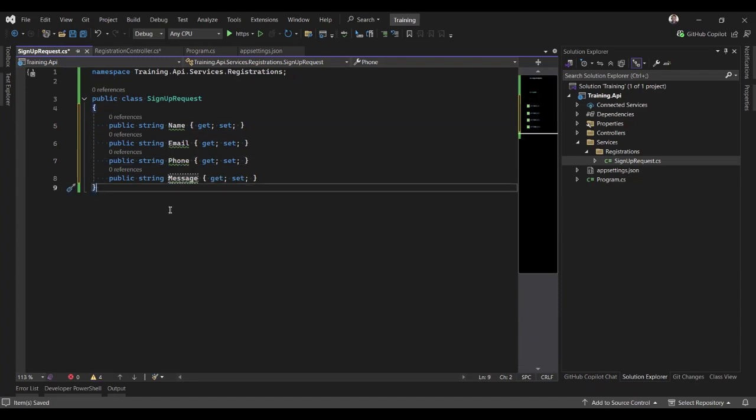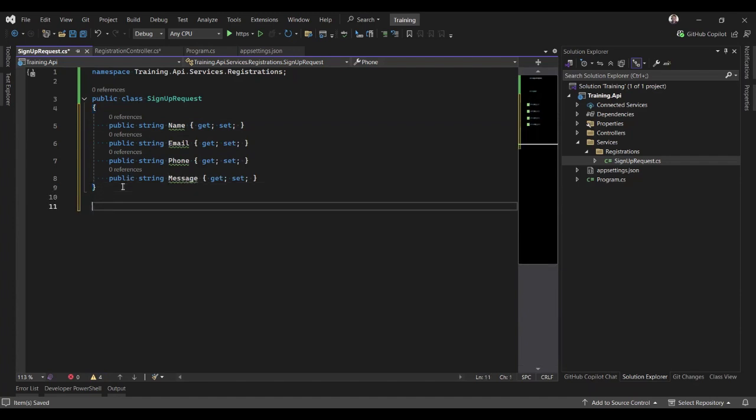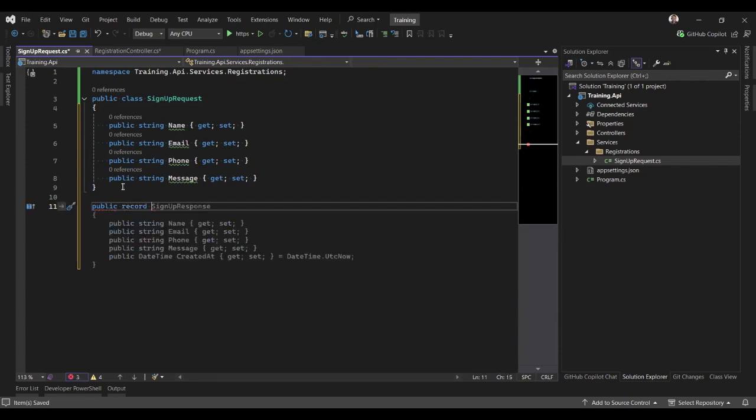So one other thing I will need to add, which might be new to some of the .NET people who have learned .NET before now, is that if your class is just simply passing data from left to right and right to left, I will advise not to use a class. I will recommend you use a record instead. So something like this: public record, public record sign up